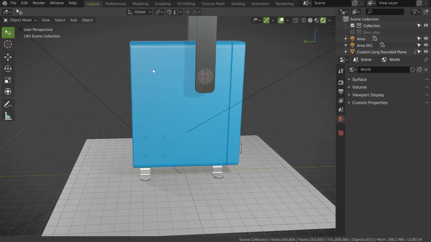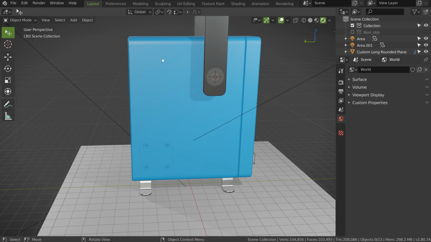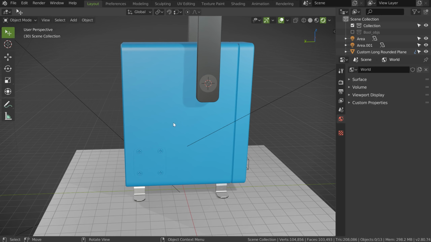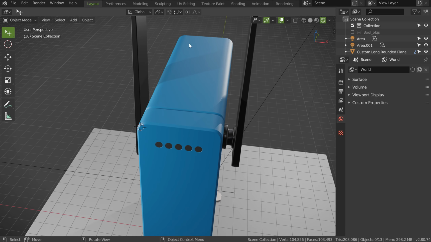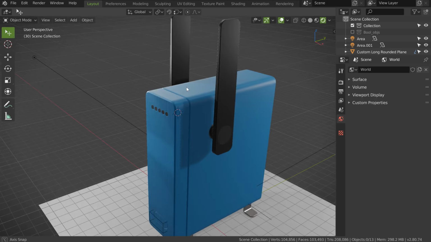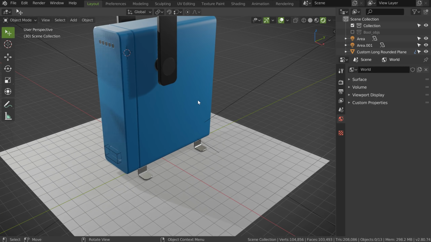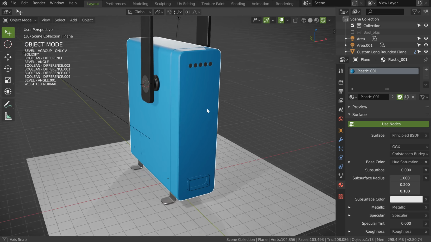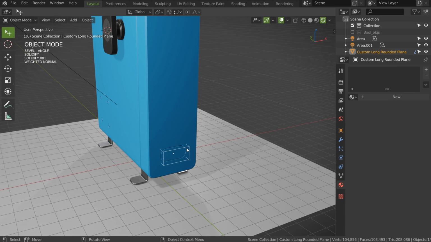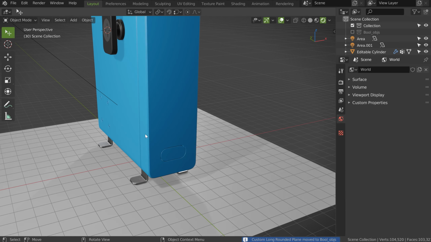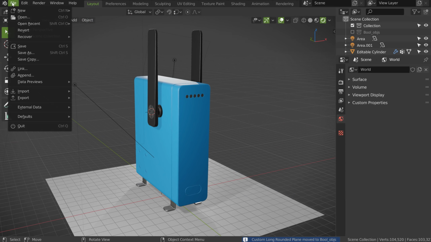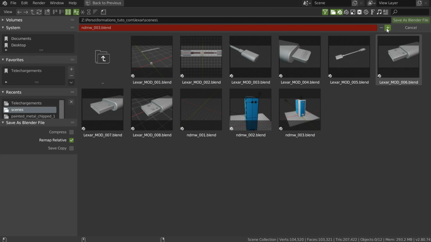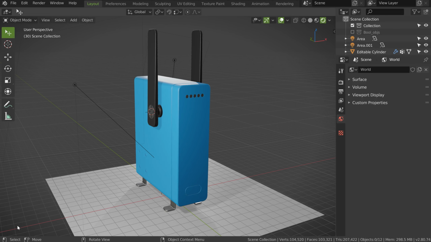We can maybe make something here. Could be nice to draw something and to see something at the inside, like I did on another tutorial. Maybe add some part here. We can maybe make something here just to show you. But first I will save my scene and I will move this one to the bool object. So this is what we have right now. I will file, save as, plus, and save, just like that.